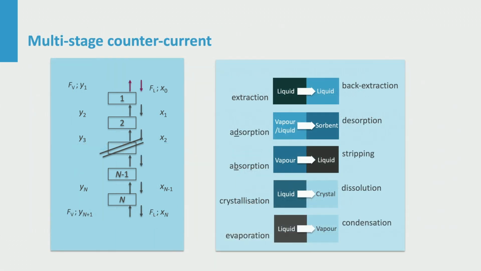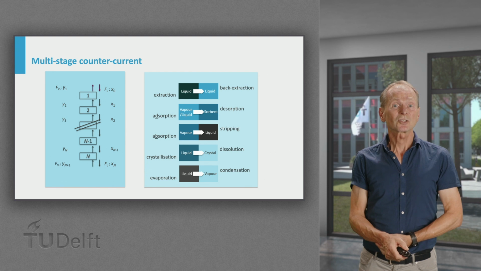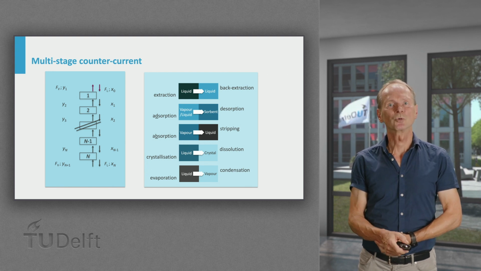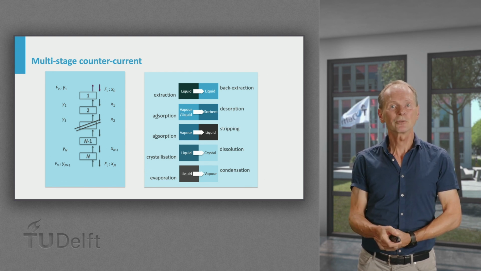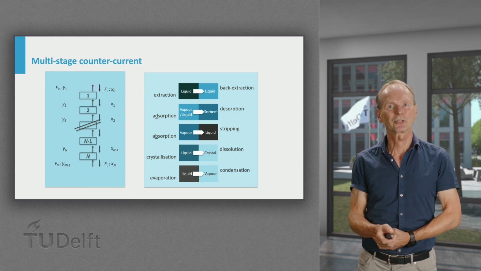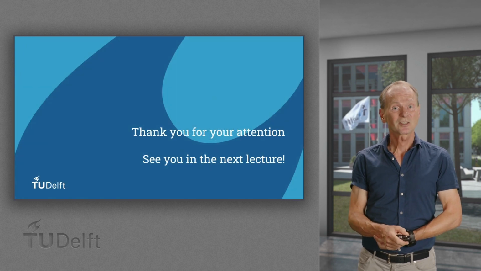Besides extraction, many other separations can exploit a stage-wide equilibration of two phases. The approach is very, very general. Later it will also be used in the PDO case. Of course, actual equipment needed for achieving stage-wise contacting will look very different for each system. Discussing such aspects is more than we can do in this MOOC, but we can have a better look at some of the more important types of separations. For that, see you in the next lecture.